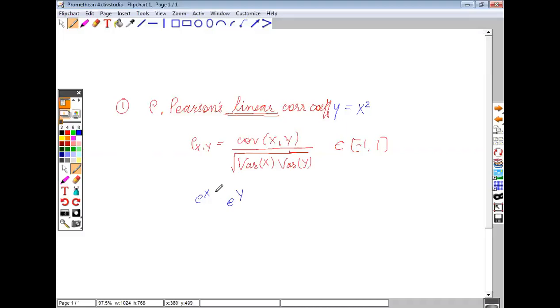You would expect that if you increase your e raised to x, then your e raised to y should also increase. But again, the nature of increase is not the same. So what happens with Pearson's linear correlation coefficient is that only if you apply a linear transformation on these variables x and y, this rho will remain the same. But if you apply some non-linear, or even a strictly increasing transformation, which is something like e here or log or anything else, you wouldn't get the same value of rho, which might seem very counterintuitive,